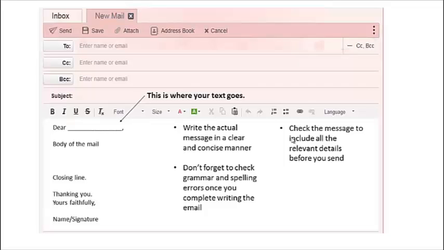Now, let's look at the text pane. This is where your text goes. As you write in any letter, in a formal format, the first thing you write is Dear and the name of the person. Address them as Sir, Ma'am, Mr. Sharma, or if it's a personal email, of course you can write Dear Kathy. You follow it with the body of the mail, a closing line, thanking you, yours faithfully,